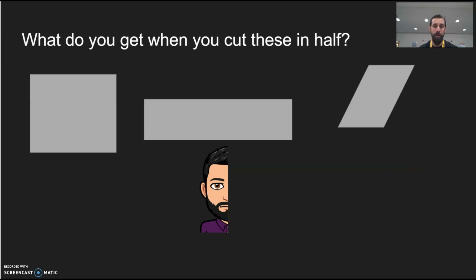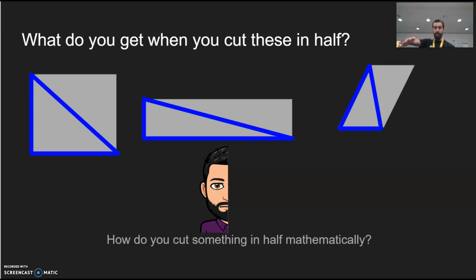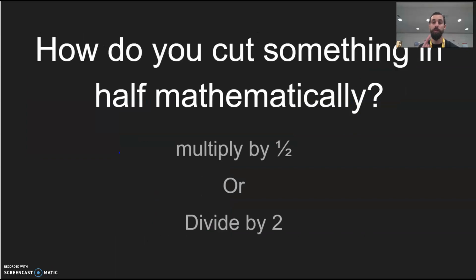Now, what I want you to think about is on these shapes, what happens when you cut them in half? If you split it in half, what shape do you get? If you split that diagonally, you get a triangle, right? How do you cut something in half mathematically, though? If we were going to split this in half, splitting it this way, what would we do mathematically? Any ideas? So if we're thinking about mathematically cutting something in half, we could do it two ways. One way is to multiply by 1/2, or we could divide it by 2. Those are the two different ways that we are going to talk about getting something to be cut in half,